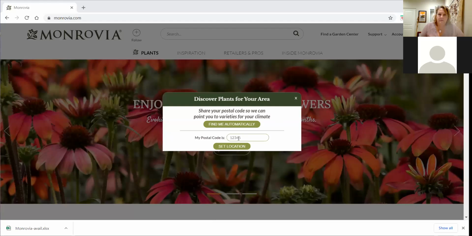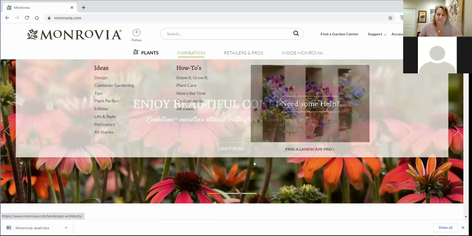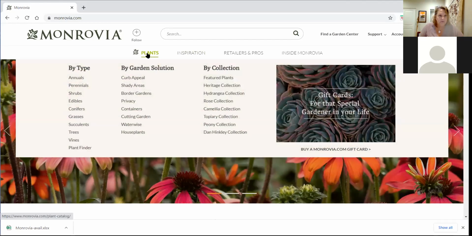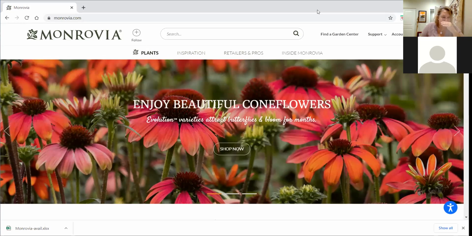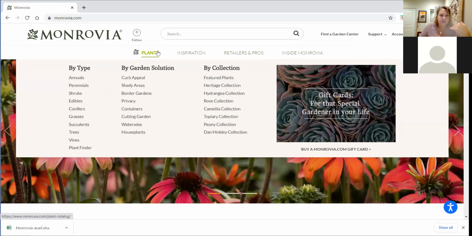Okay, so it's asked me for my zip code. I'm hoping that might help me. It might tailor the recommendations to our region. So Monrovia is a wholesale grower. Village Nursery and Treetown are one of their local growers for Monrovia, but they keep a really nice